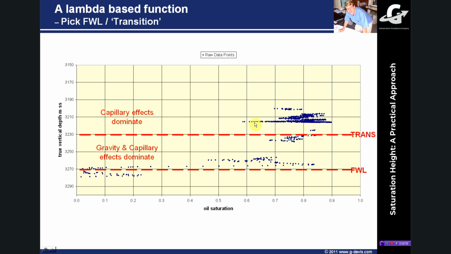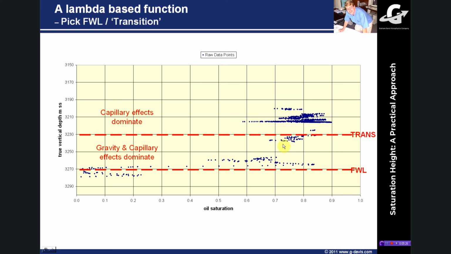poorer rock quality. Once you're in the transition zone, you can't necessarily make that one-for-one statement, because obviously what also is controlling it here is the gravity effects, how much capillary pressure you've got to overcome. So there's a gravity term in here as well. This could be good rock, but it doesn't quite have as high a saturation as up here because the gravity hasn't generated enough force to get it in there.